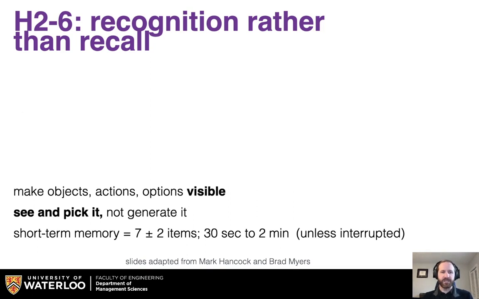The sixth heuristic is recognition rather than recall. You want to make objects, actions, and options visible to the user. People can see it and pick it. They don't generate it, right? Remember, our short-term memory is extremely volatile and small. We can remember 7 plus or minus 2 items, and that can be 30 seconds to maybe 2 minutes, depending on whether you're interrupted. So if you have to recall something when switching between interfaces, then that can be a